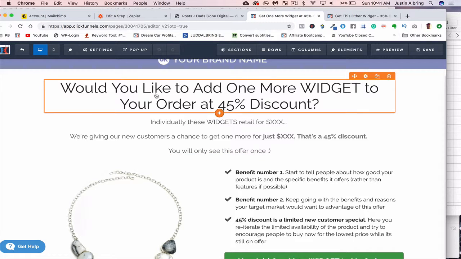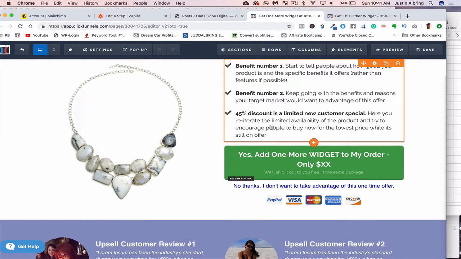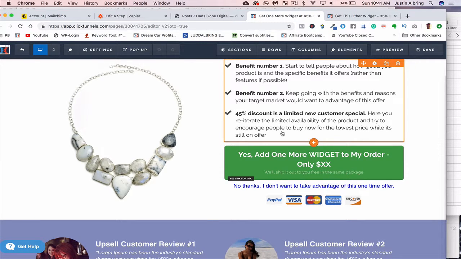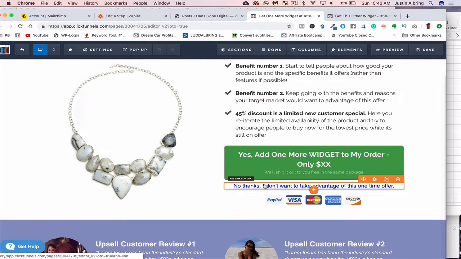So now it's going to say, do you want another one for 45% off? And they've already added their credit card, so if they click this, it's automatically going to add that extra one, and then it's going to add that to the cart and take them to the thank you page. They're done, okay? But if they say, no thanks, I don't need that, this is where we would add the